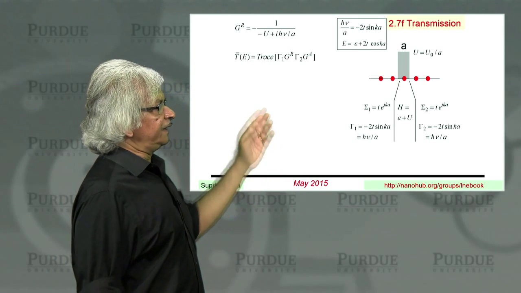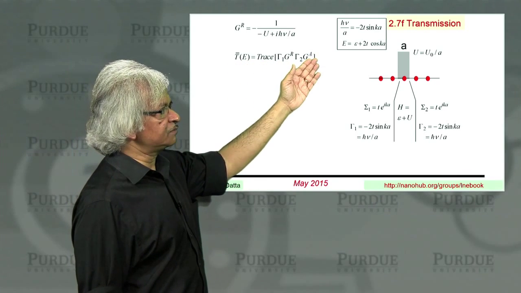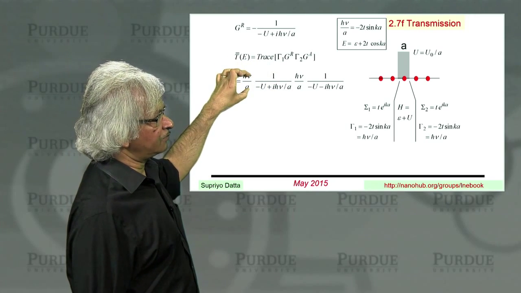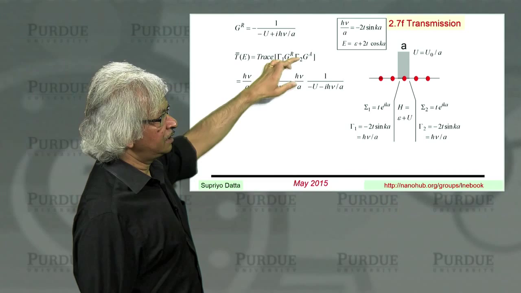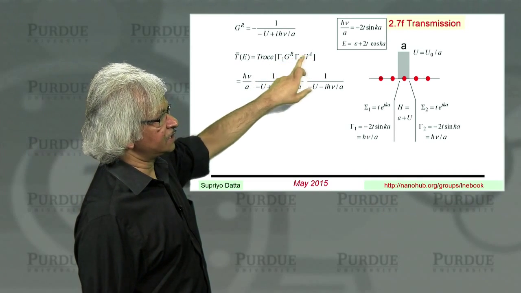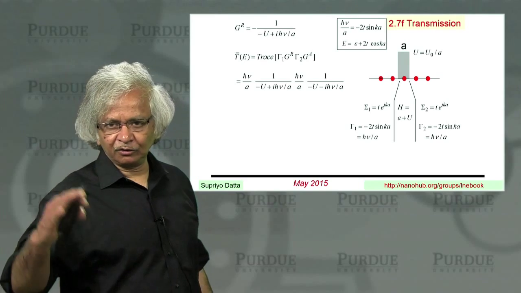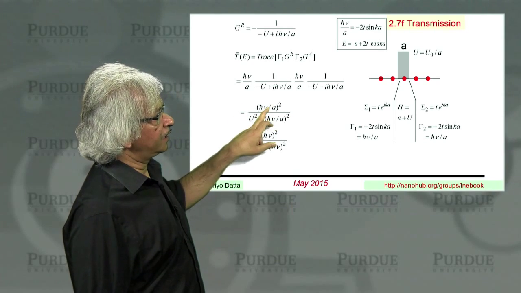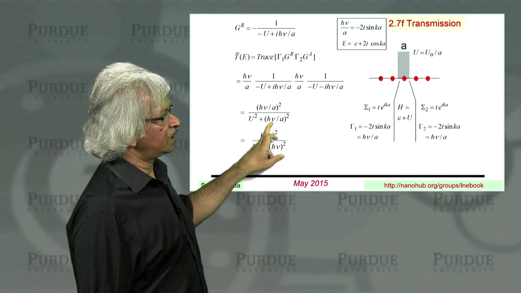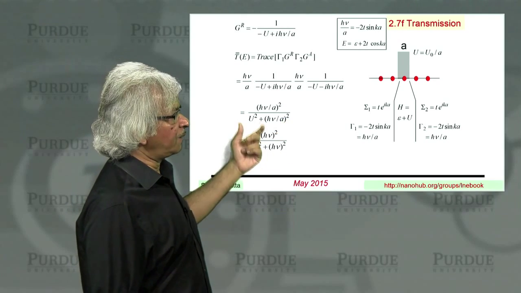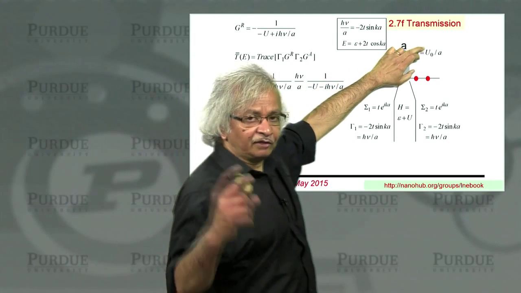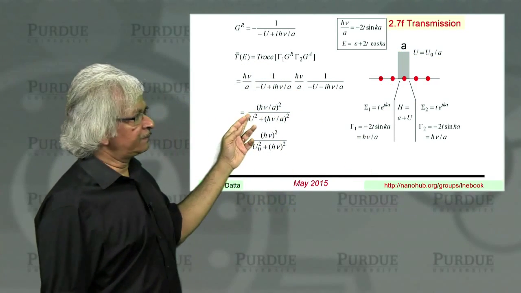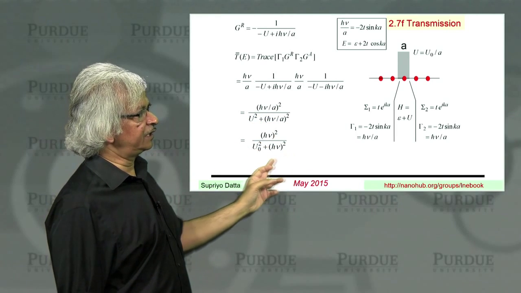So if you put all that in, then your transmission involves these 4 terms, and we just calculated G^R. So if you write it out, the gamma 1 is h bar v over a. We just calculated G^R, that's gamma 2, and G^A is just the conjugate of that. This is 1 by 1, so I don't need to worry about transpose. So that's the conjugate. When you multiply it out, you get (h bar v over a) squared over U squared plus (h bar v over a) squared. Now remember, the U is related to the strength of the delta function U0 by U0 over a. So if you put that in here, then all these a's will cancel out, and then you will have this result.